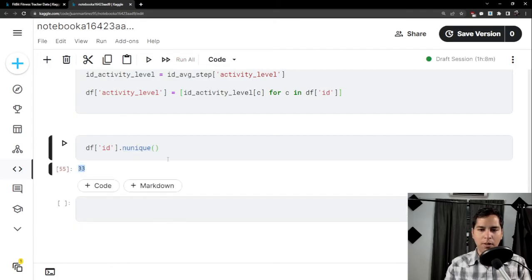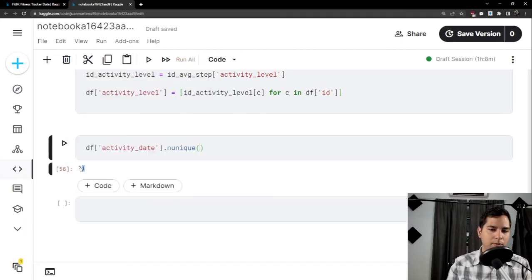So we know it's 33, and also we want to know how many times these IDs appear in the dataset, because we know that the data spans a month. So if we say activity date also and unique,